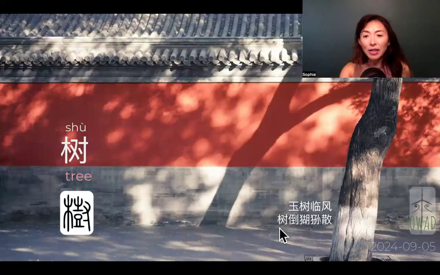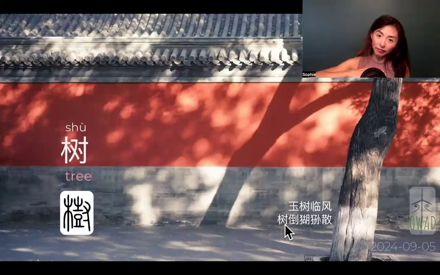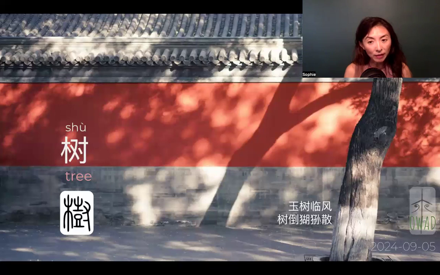And then the second expression is 树倒猢狲散. Okay, 猢狲, if you see this, you don't need to know what that is. It's a type of animal, a type of monkey, to be specific. So when the tree falls down, then the monkeys residing on the tree are going to disperse. That's the image. And Chinese use that expression to mean, I guess, when an institution or an influential figure,